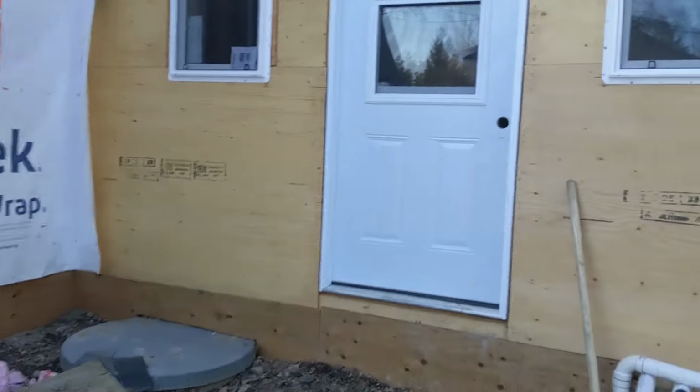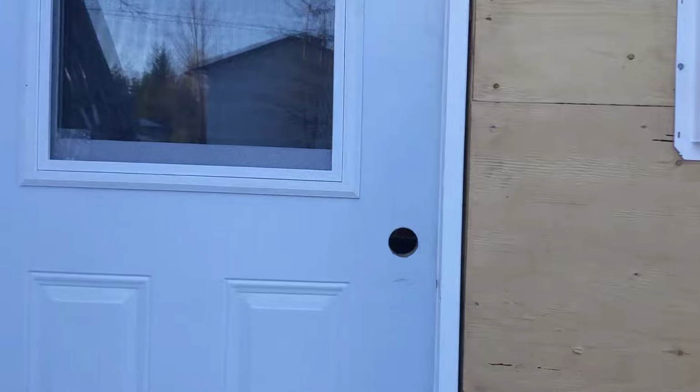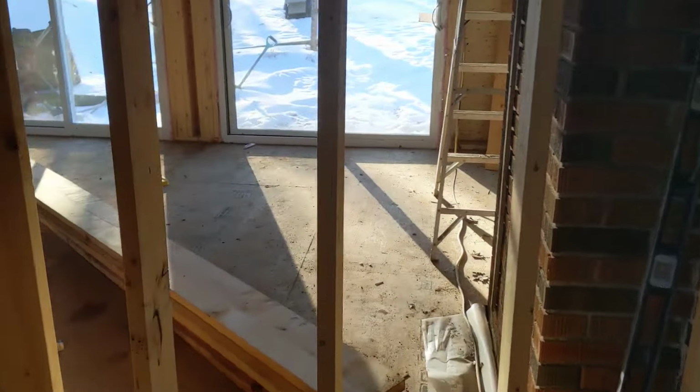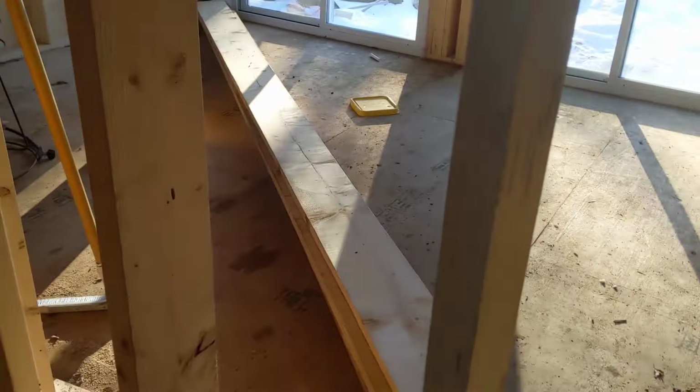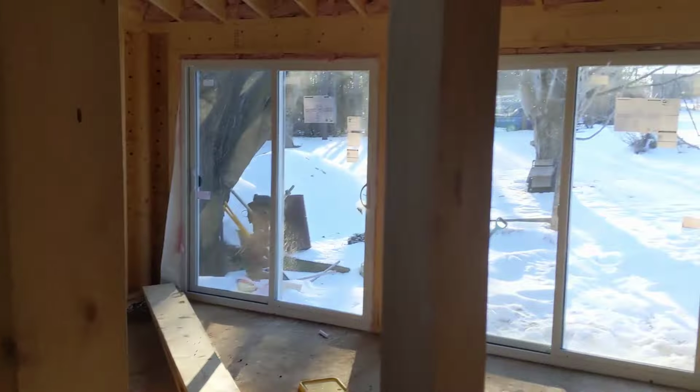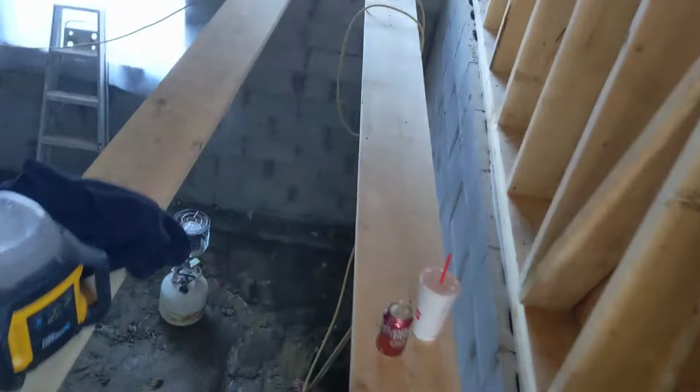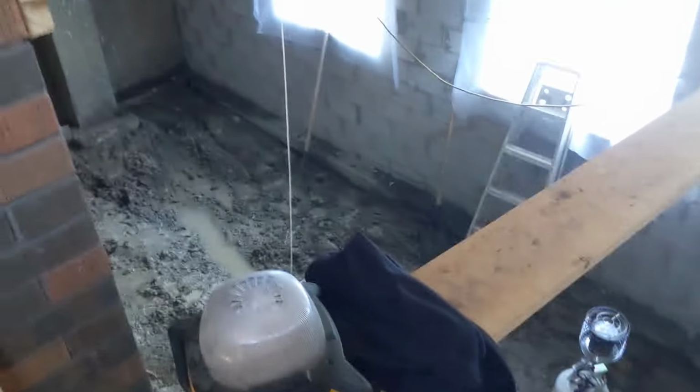Okay, so this is gonna be a little change of pace from all the car videos and everything, but this is the extension to my apartment. It's been going on for a few months now. The contractor who was doing it was dragging his feet and just not showing up anymore, so we're finishing it ourselves. Me and my brothers over the next few months are just gonna take some time and kind of finish it up. You probably won't see any videos until this thing is